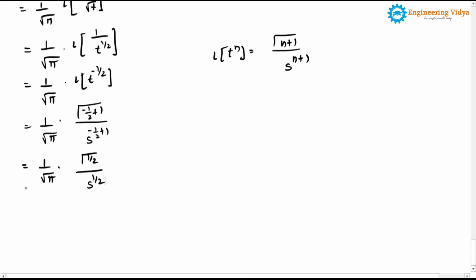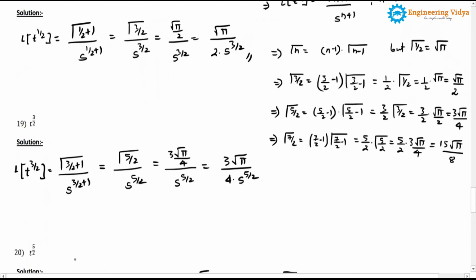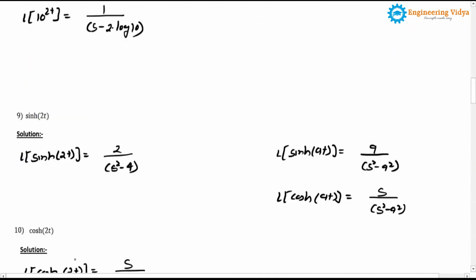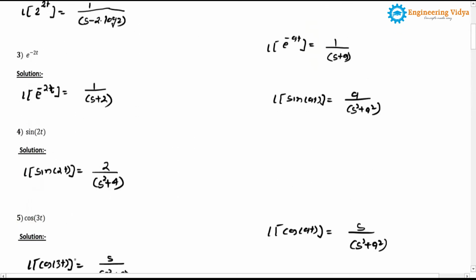And again we will do the basic simplification here. So 1 upon square root of pi, gamma of 1 by 2 is nothing but equal to square root of pi only, right? And s raised to 1 by 2 can be replaced by square root of s. So square root of pi and square root of pi will cancel, and after that we will write 1 upon square root of s, and this is our final answer. So here we have successfully completed all problems of type A of exercise number 1, right?